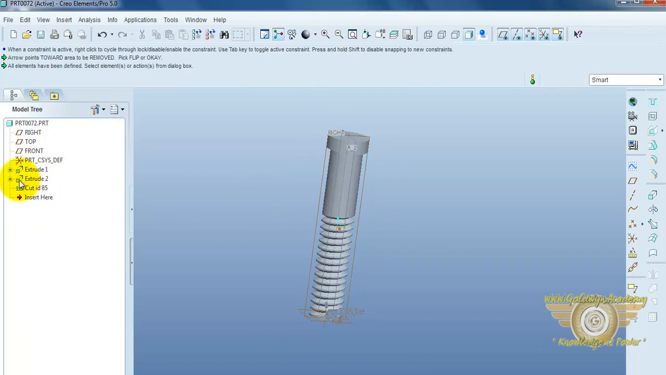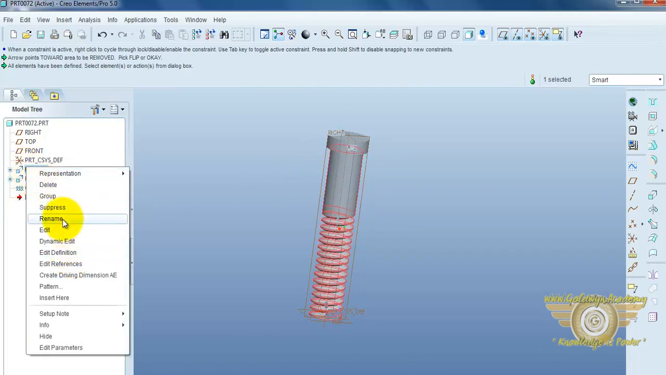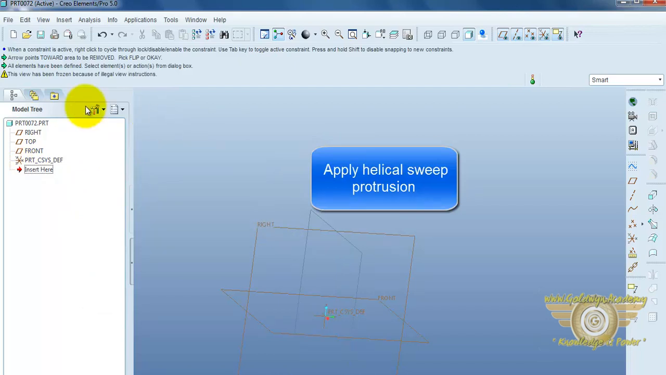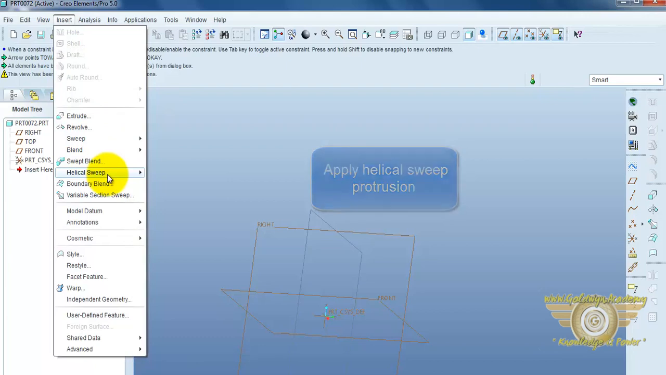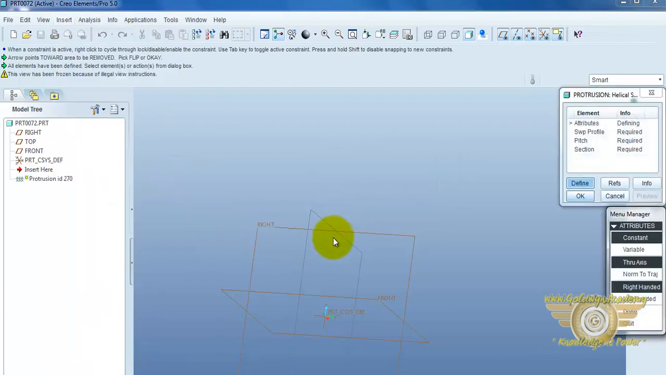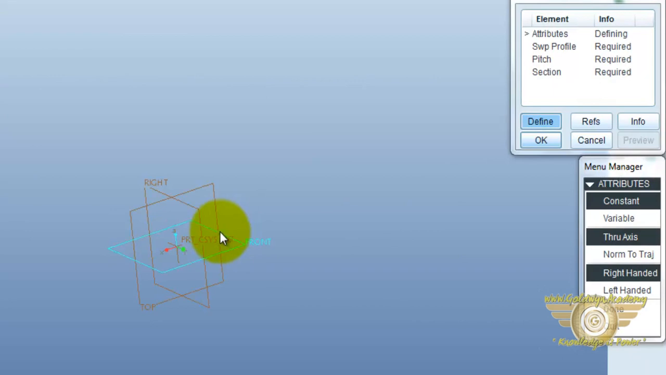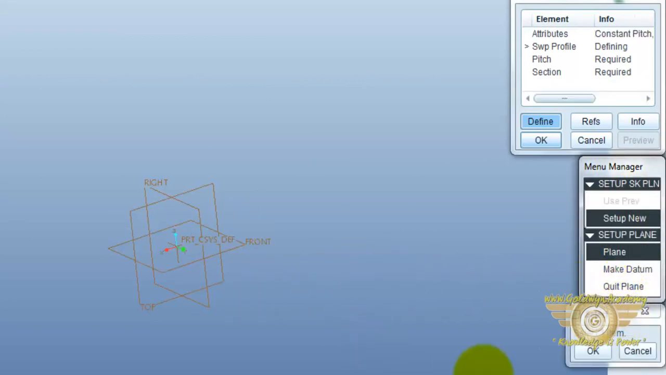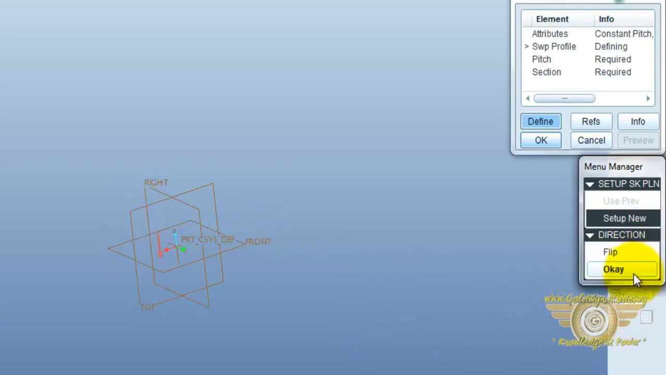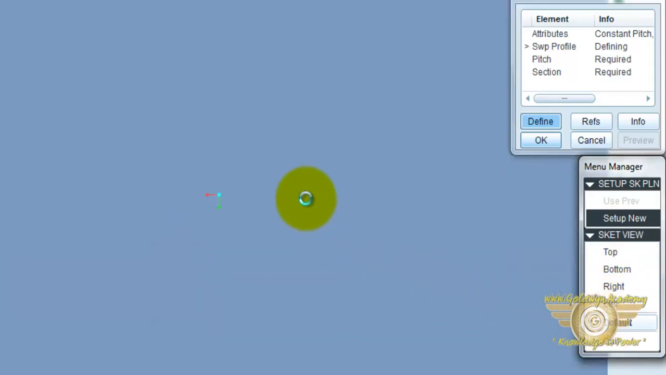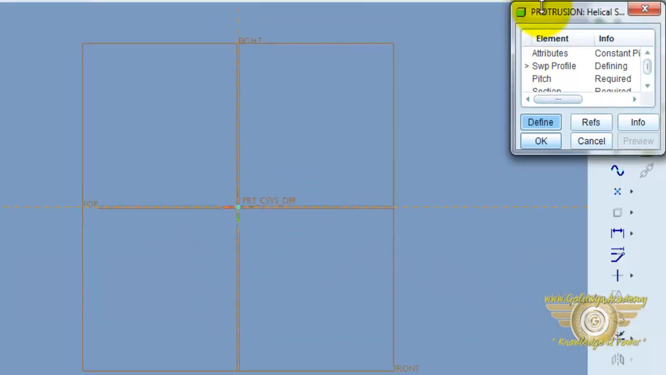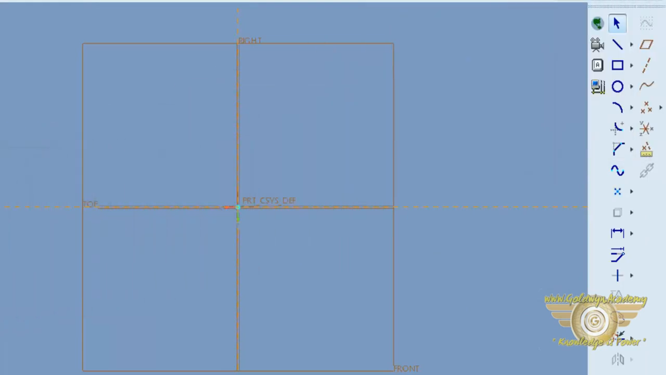Okay, now we can draw a spring with the help of the helical sweep protrusion. First one, attributes, constant. Okay, done. Select the plane, front plane. Okay, default. Okay, define the